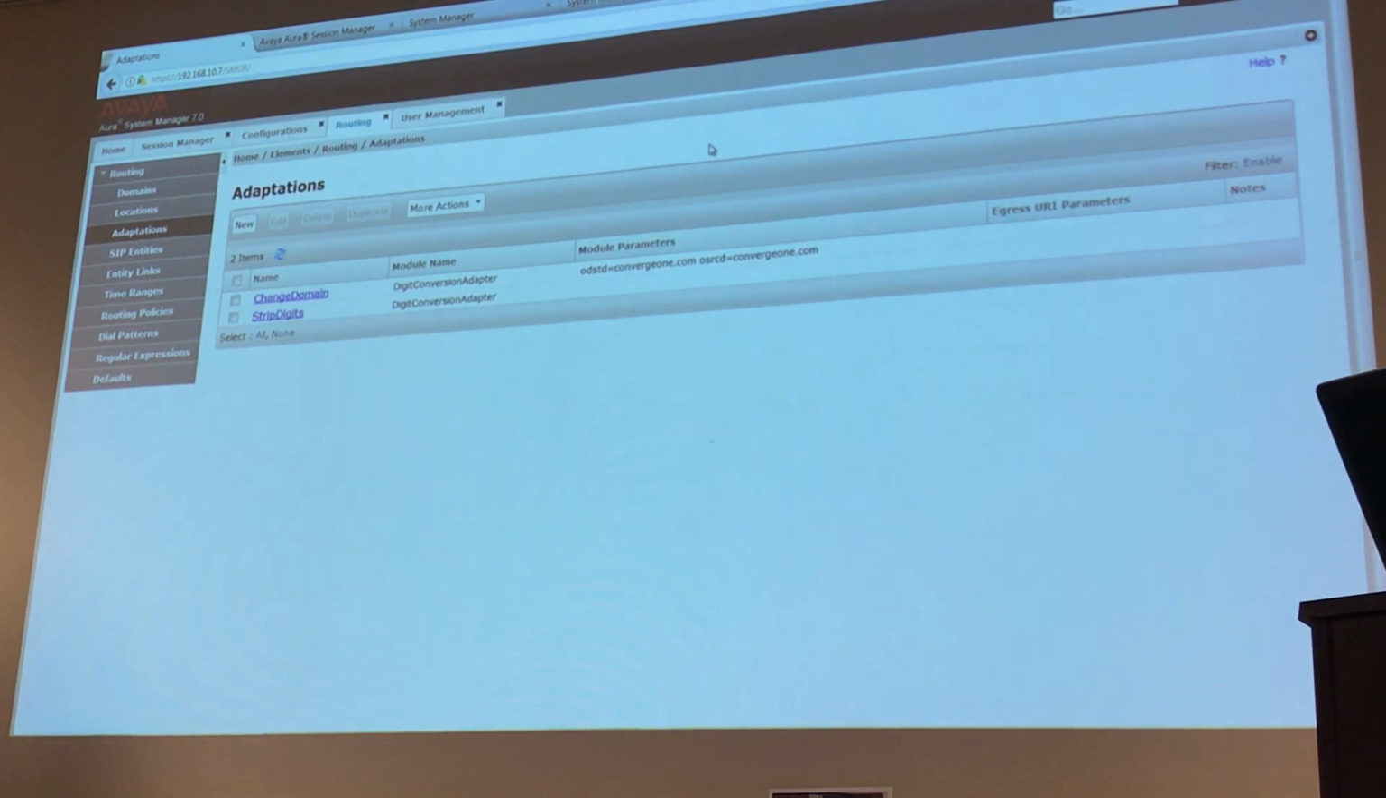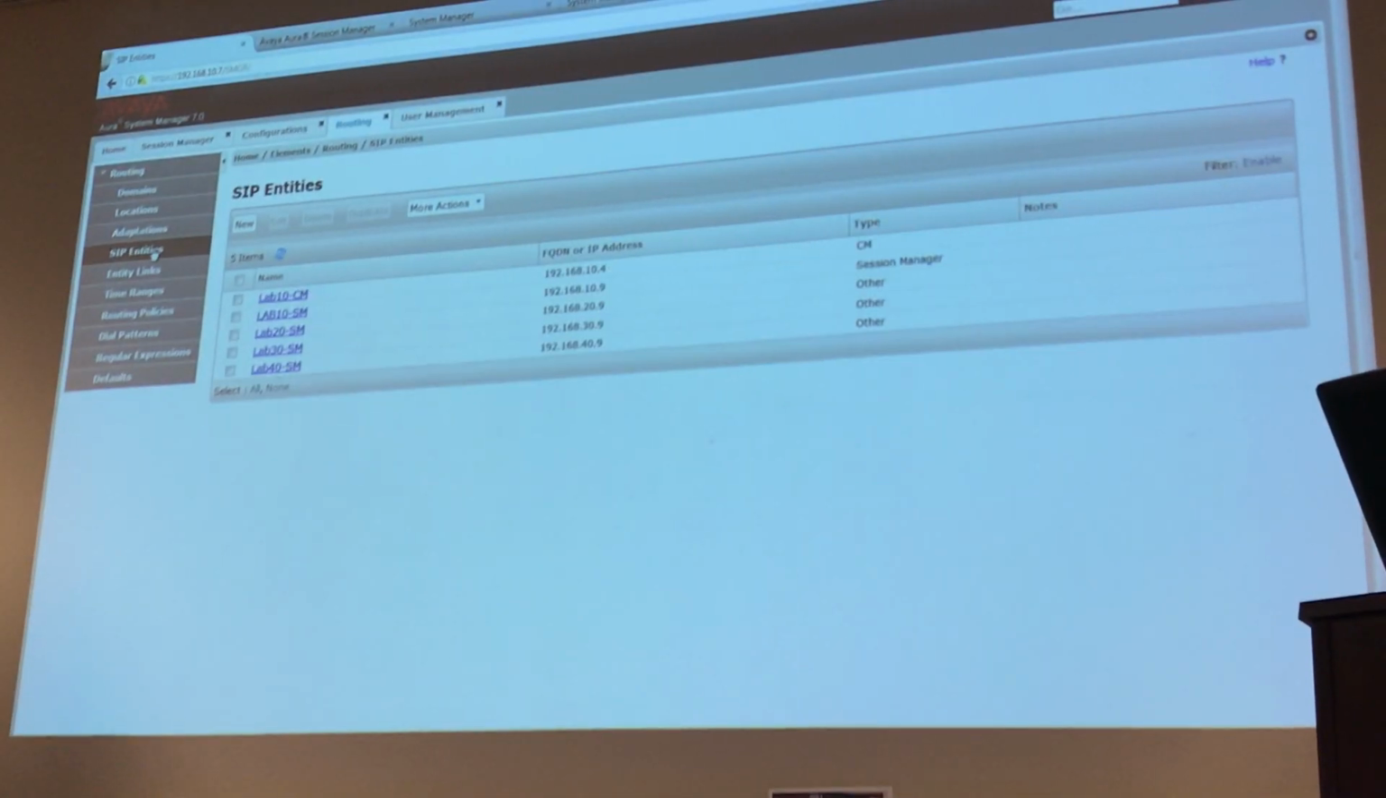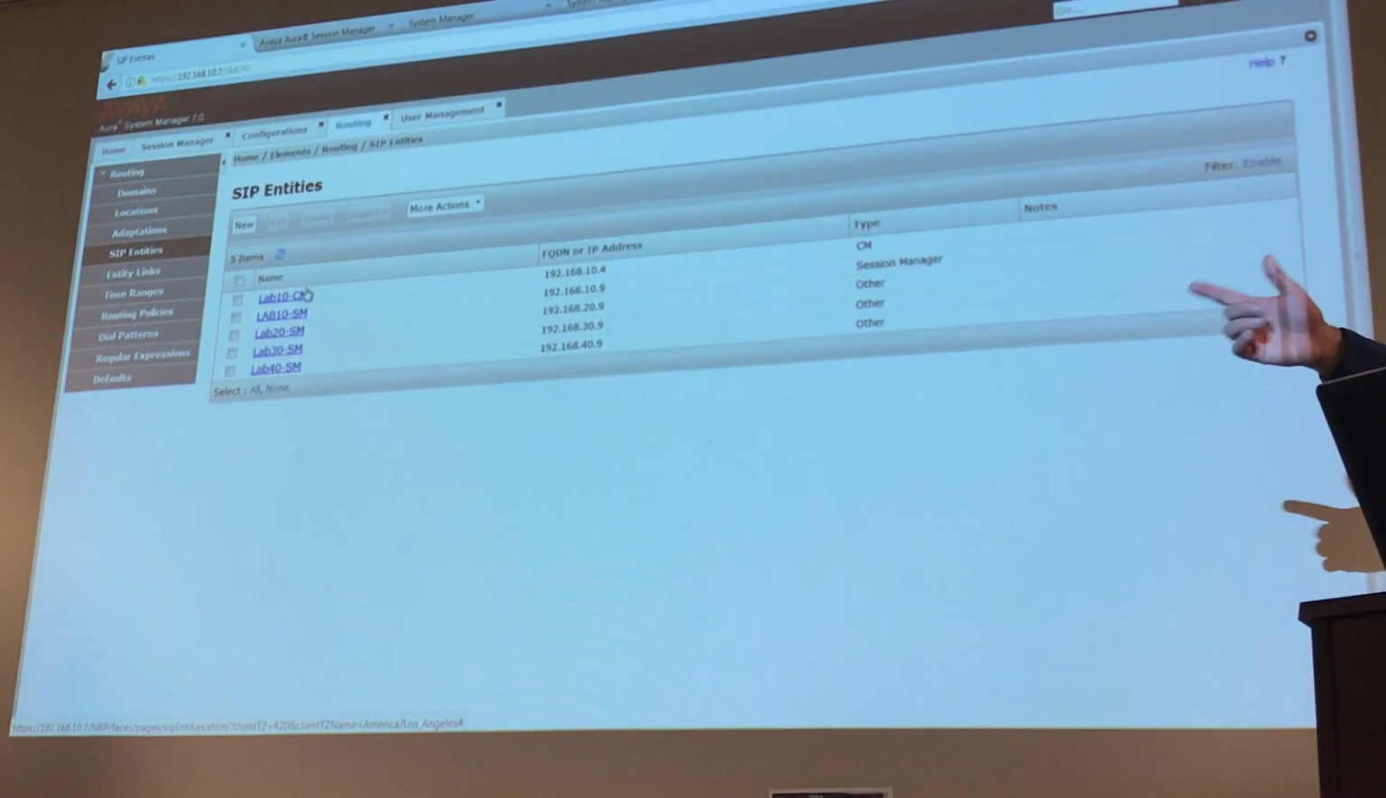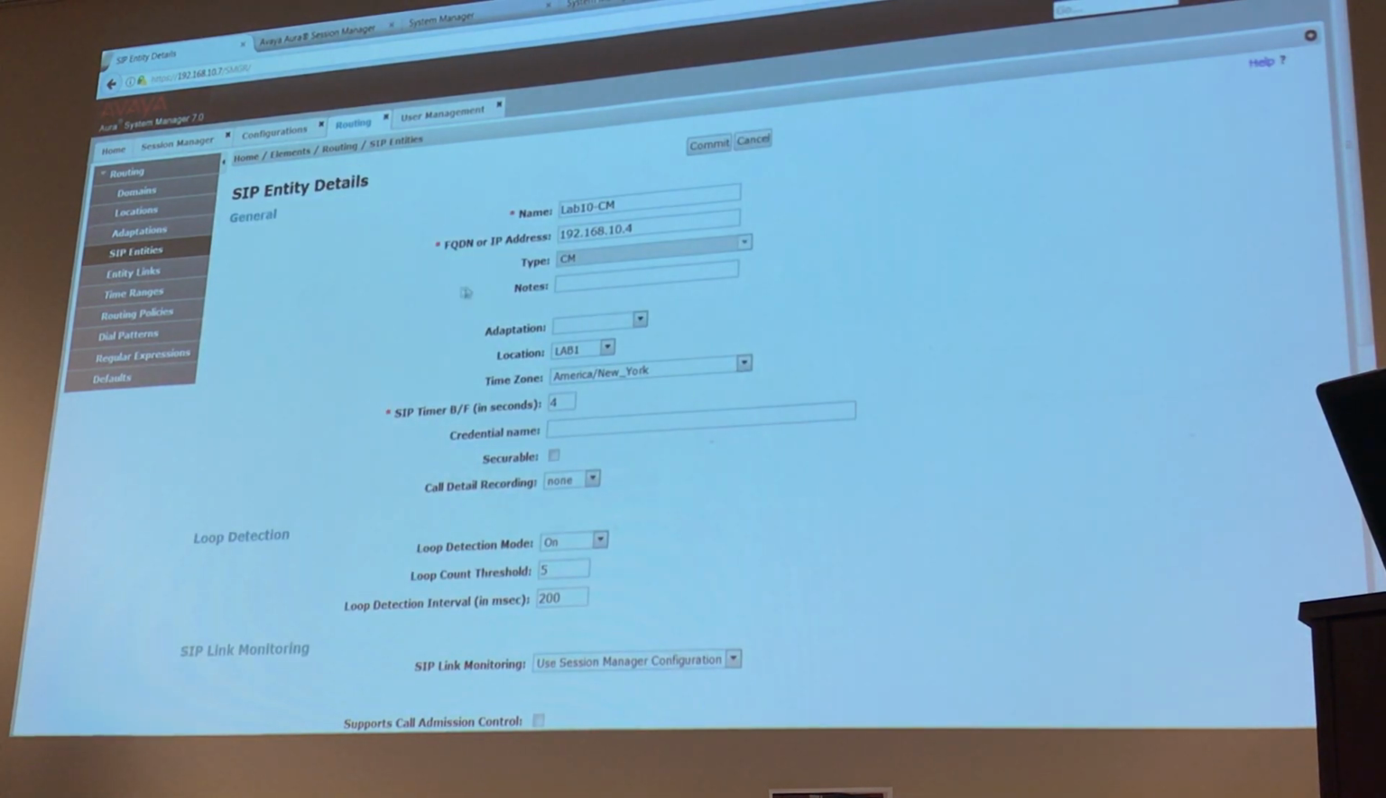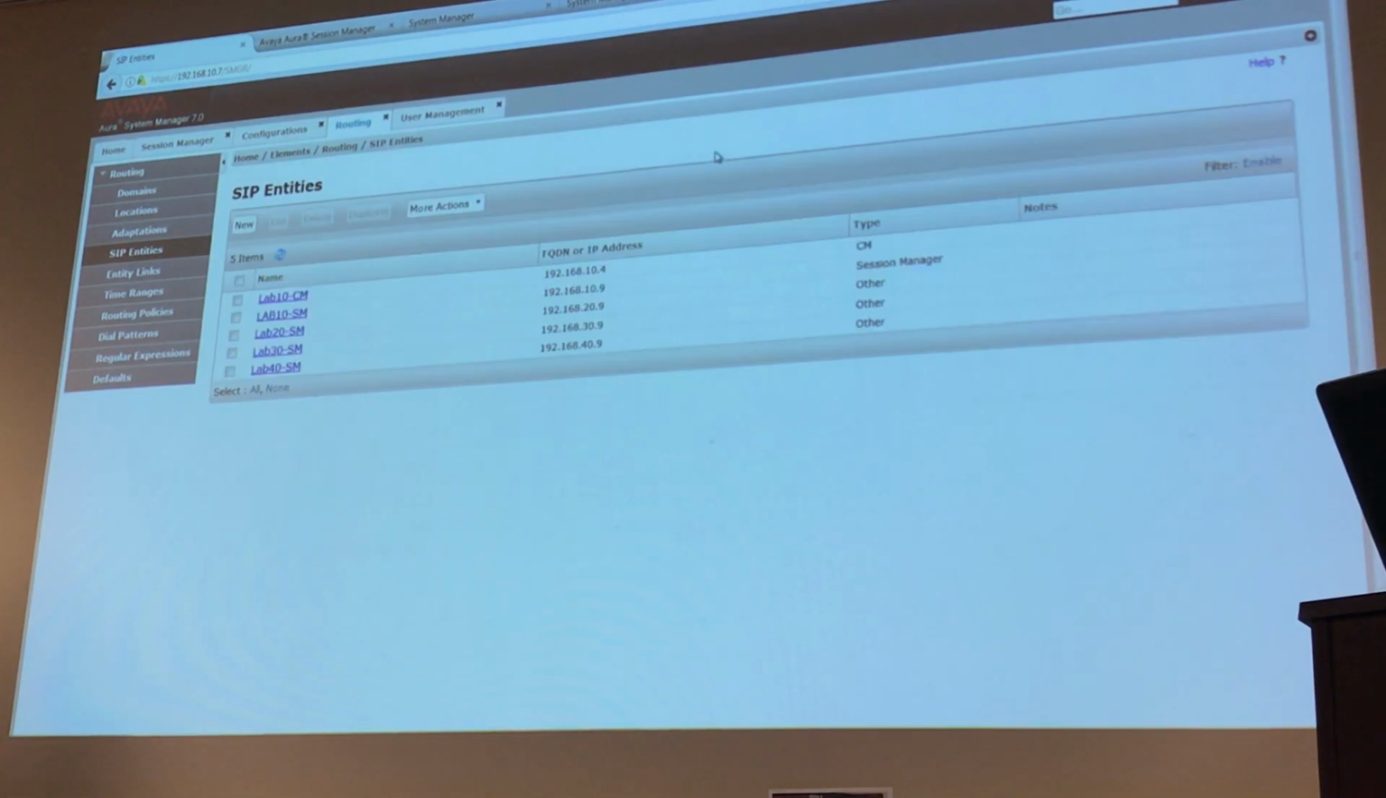What am I missing now that I have an adaptation? You've got to apply it throughout. I need to apply it to the SIP entity, or otherwise I did nothing, right? So I need to go to the SIP entity. What SIP entity? The only one that I have in my scenario, which is CM, right? So if I go to CM, I'm going to apply this adaptation here, change domain, commit,